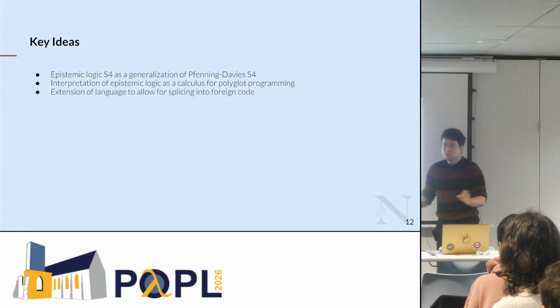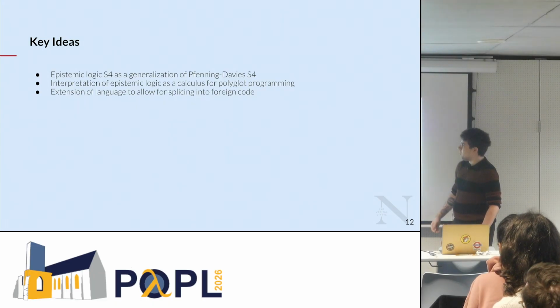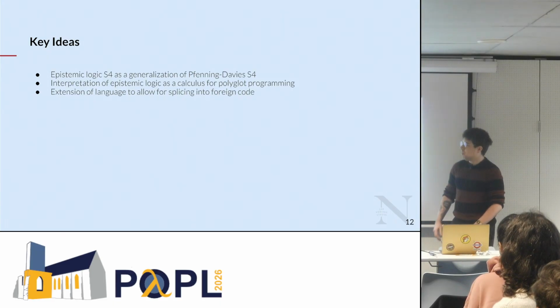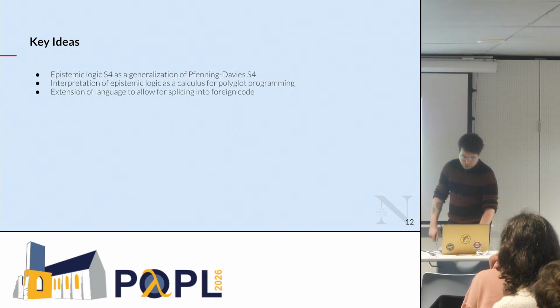So before I lose anybody in the rest of the talk, because I'm about to get technical, I just want to share the key ideas here. First of all, I'm going to introduce the epistemic S4 as a generalization of Fenning-Davies's S4, which is not the same as the classical S4 that we just heard about. Then I'm going to interpret epistemic logic as a calculus for this polyglot programming. And then I'm going to show a small tweak to the calculus where I kind of break my own rule and make something up that goes outside of the logic to get to something that I really want, which is splicing into foreign code. Okay,